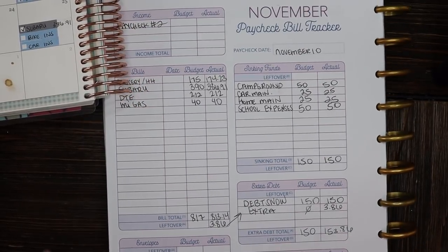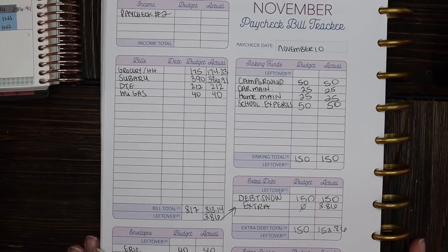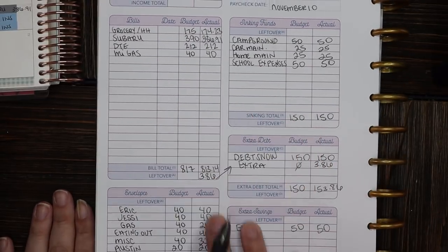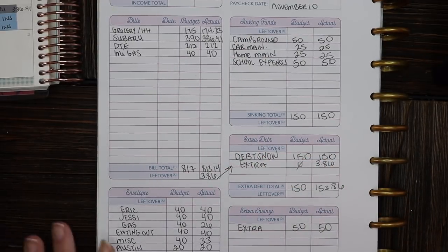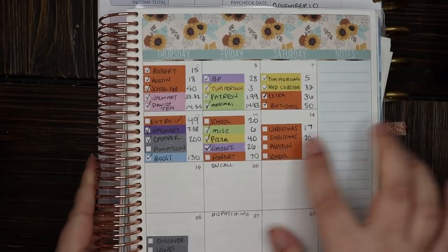All right, you guys, so that is it. I am so excited about these extra payments I'm going to be able to make to my debt. Super, super psyched about the fact that it's all black ink. No red ink this week, nothing over budget. I'm thrilled. The only other things I want to talk to you guys about are some of our spending in